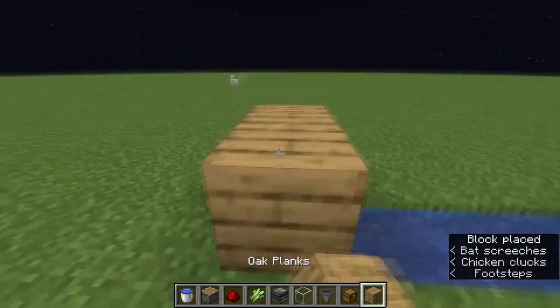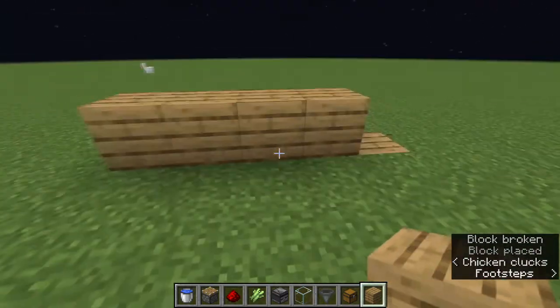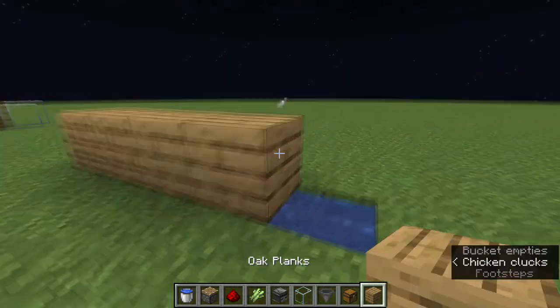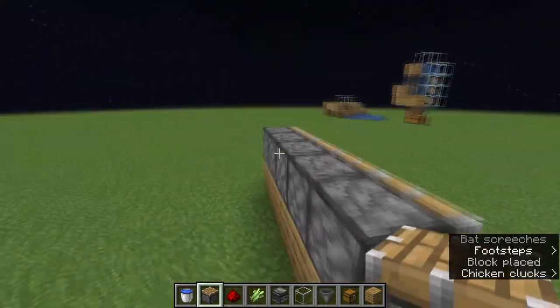But so you're going to want to put some blocks on top of the water. Oh, I messed it up. You're gonna want to put blocks on top of the water. It doesn't matter which kind of blocks it is, but yeah, so you're gonna want to put those right there,